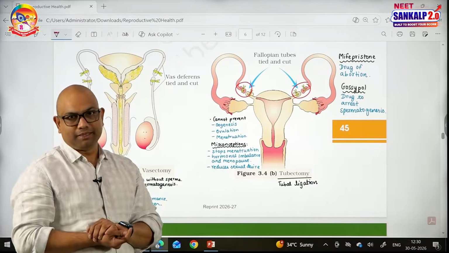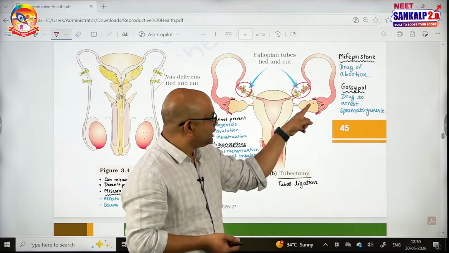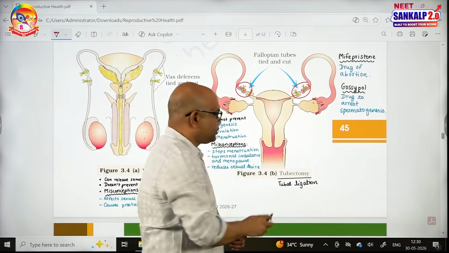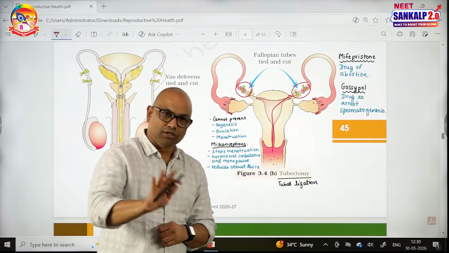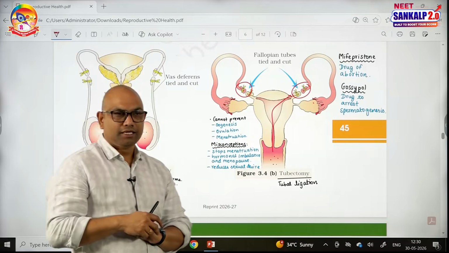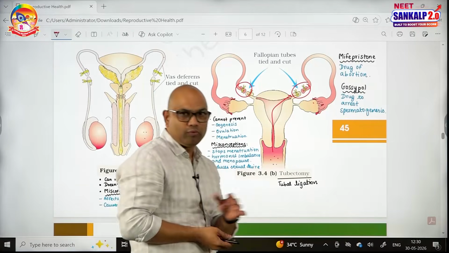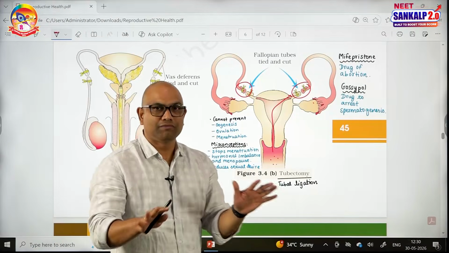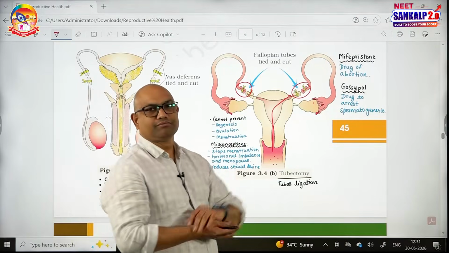And what happens after tubectomy? See, after tubectomy there is no fertilization, because the ovum produced in the ovary will not go to the site of fertilization. Even sperms that are released will not reach the site of fertilization. So, it is also blocking the transportation of gametes. But remember guys, a tubectomized female can ovulate. There is no surgery to the ovary, she can ovulate and she can menstruate. There is menstruation, there is ovulation even after tubectomy, but there is no fertilization after tubectomy.